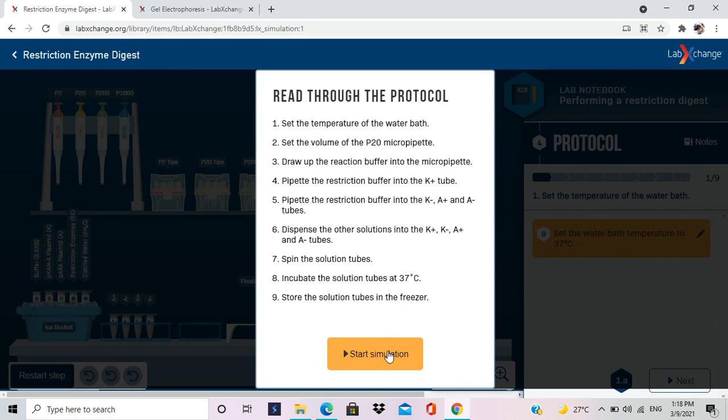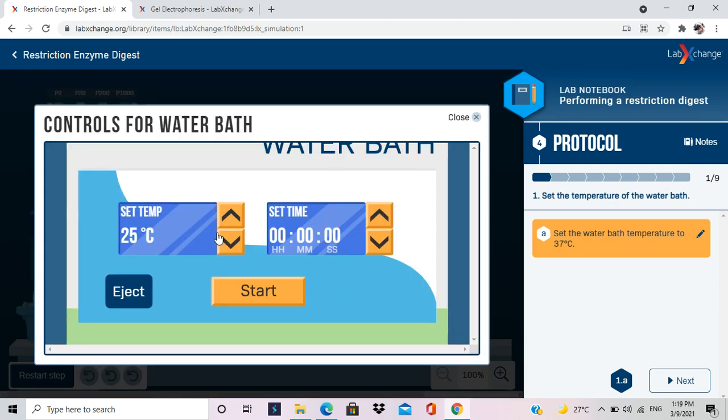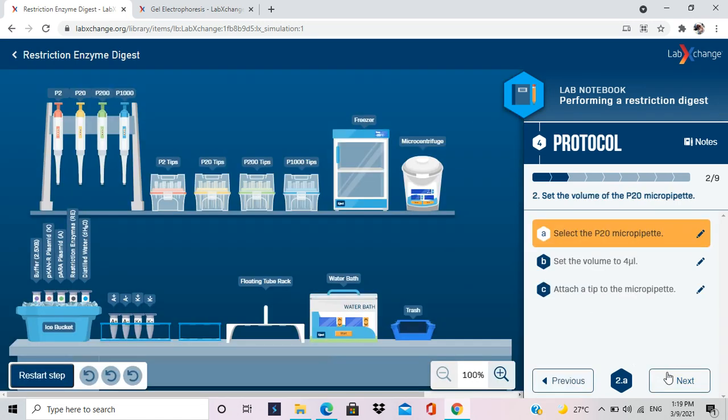Now we are going to the procedure of restriction enzyme digestion. First, I set the water bath to 37 degrees Celsius of temperature. The second step is